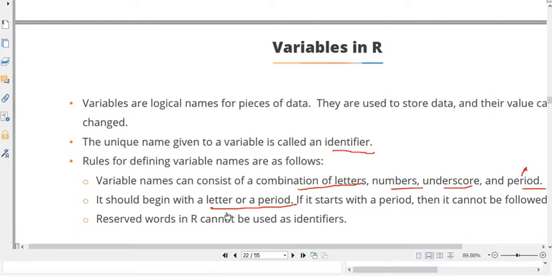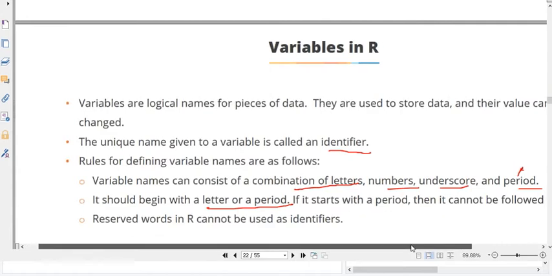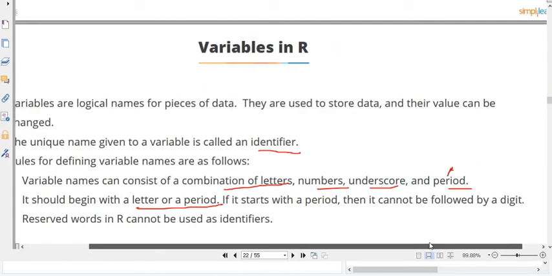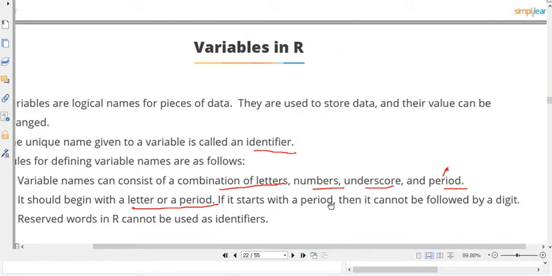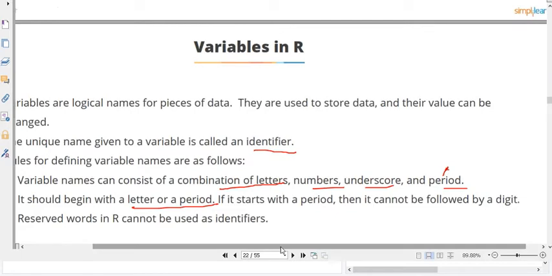It should begin with a letter or a period. If it starts with a period, it cannot be followed by a digit. So you cannot start with a dot, so .4 can never be a variable. Similarly, but .xyz can be a variable.